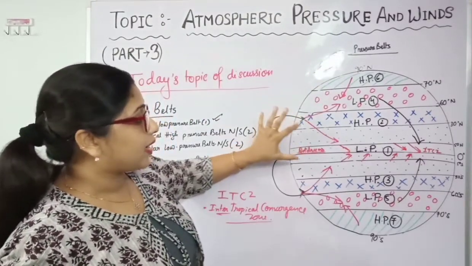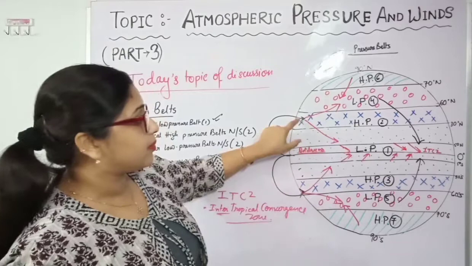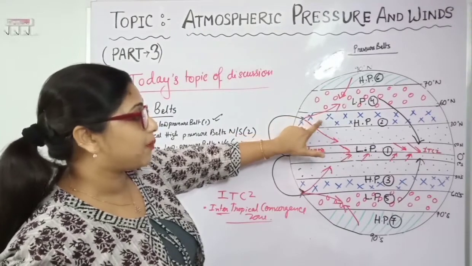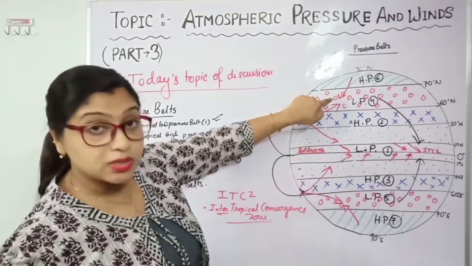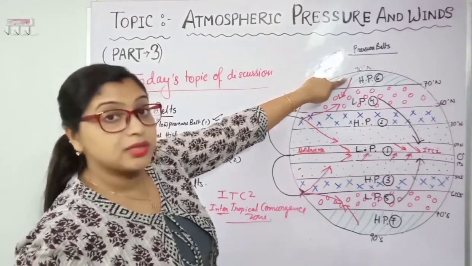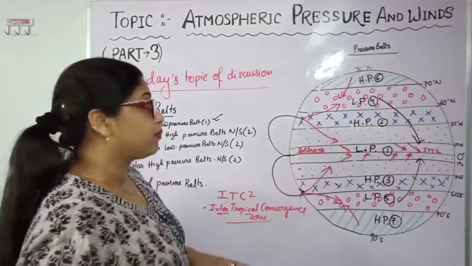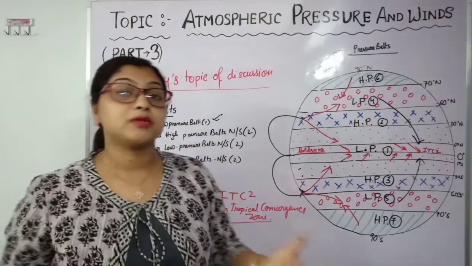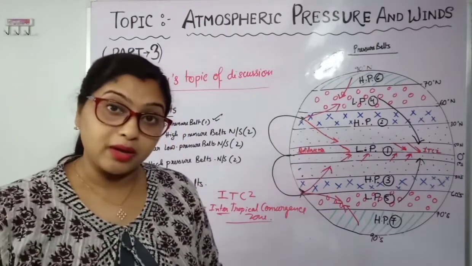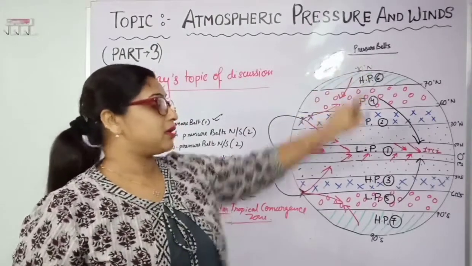So from this you are getting to understand, I think, that I have used arrows to help you understand how the wind is blowing. First of all, from the subtropical high pressure of north and south, it's moving towards the subpolar low pressure area, and another branch is coming from the polar high pressure towards this subpolar low pressure area, in both hemispheres. And then by the influence of centrifugal force, it's moving out, that's why the low pressure zone formed there. Okay, and lastly, near about 70 degree to 90 degree